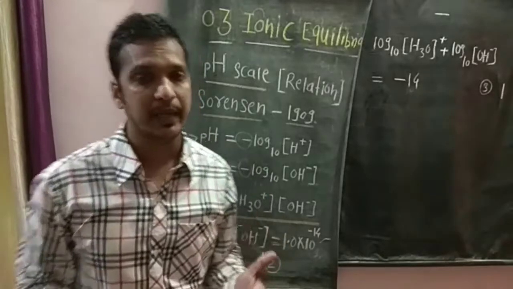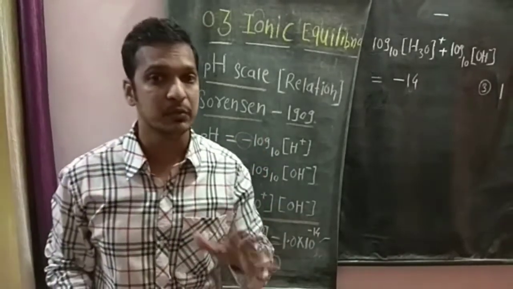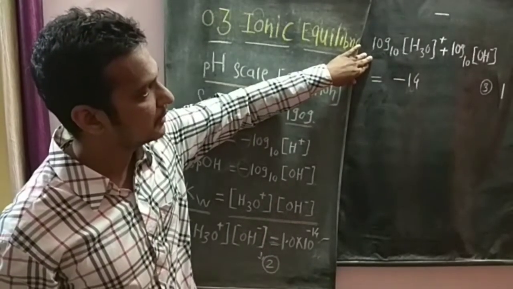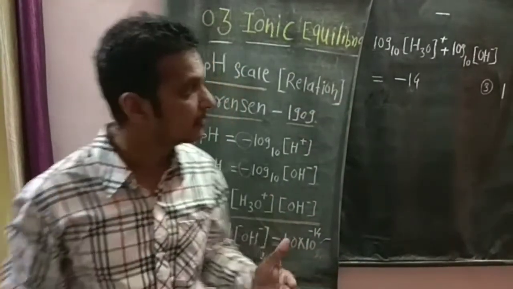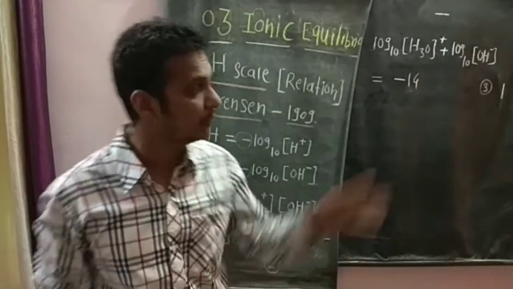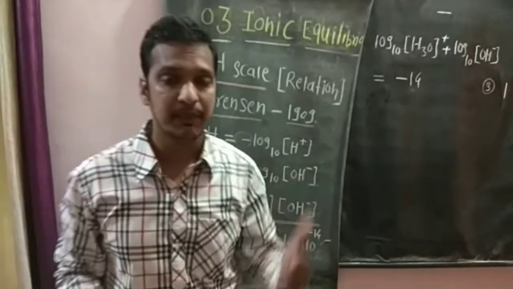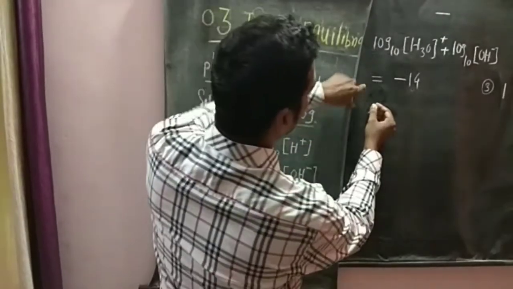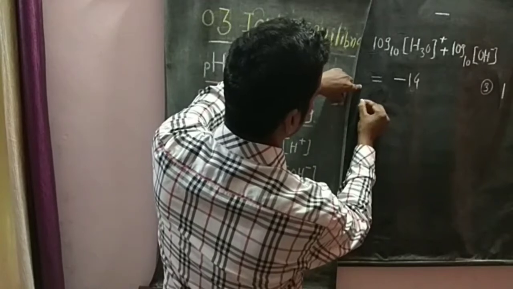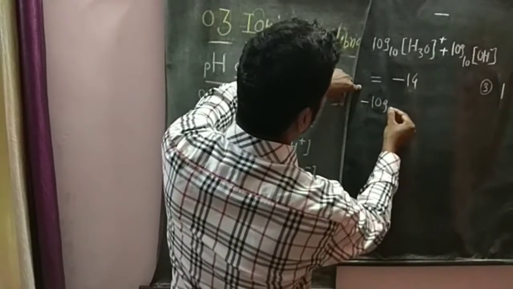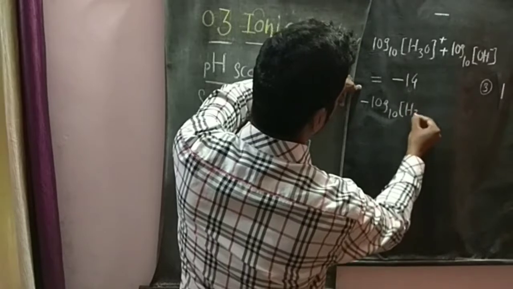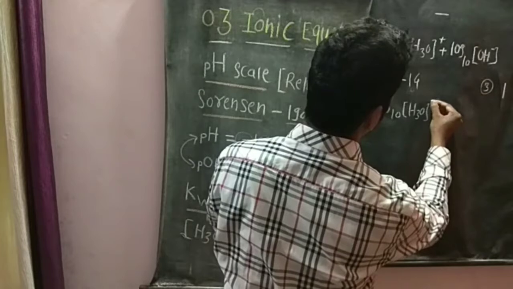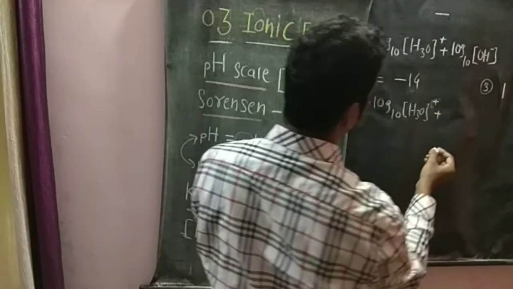Now we multiply both sides of the equation by minus 1. Here we are applying logarithm on both sides of the equation. So we get log to the base 10 concentration of H3O plus, plus log to the base 10 concentration of OH minus is equal to minus 14. Now for this equation we multiply both sides by minus 1. So this equation becomes minus, bracket, log to the base 10 concentration of H3O plus,